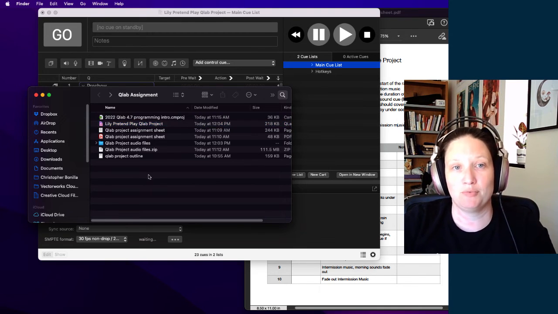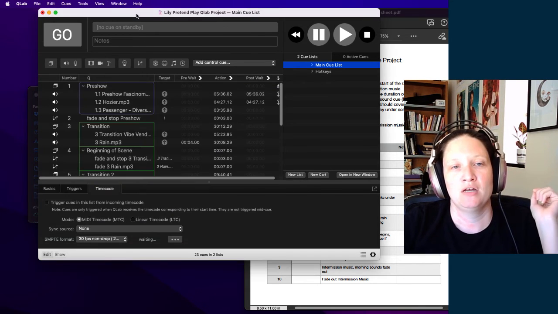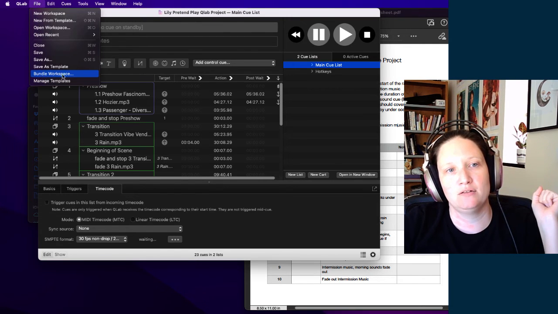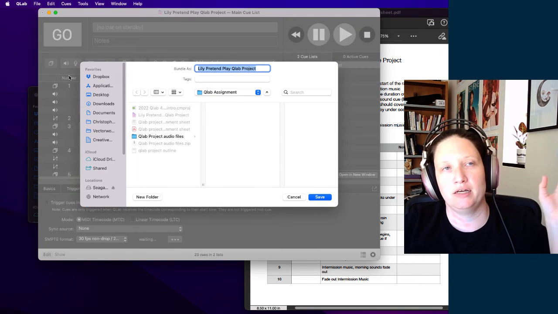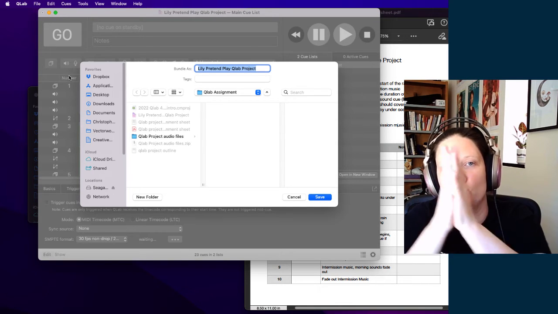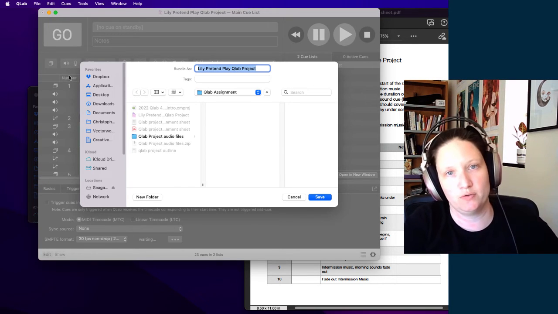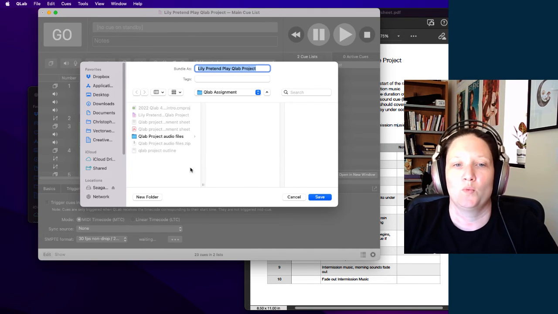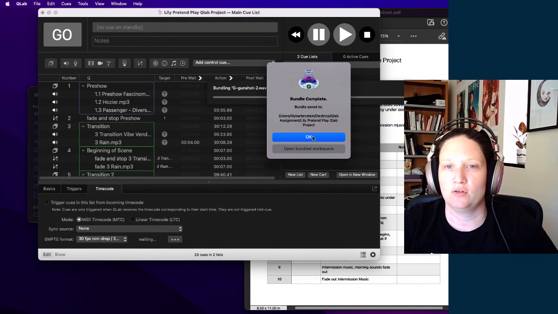So in order to submit the project, I need you to actually do something called bundling the workspace, right? So we'll come back over here. You'll go to File. You'll go all the way down here to where it says Bundle Workspace, okay? And what that does is it creates a separate folder which has all of your content inside it as well as your show file, and this allows you to transfer a project from one computer to another, or in this case to submit a project via Canvas. So we're going to do one of these, save it, it's going to do this thing, right? It tells you where it is, you click OK,